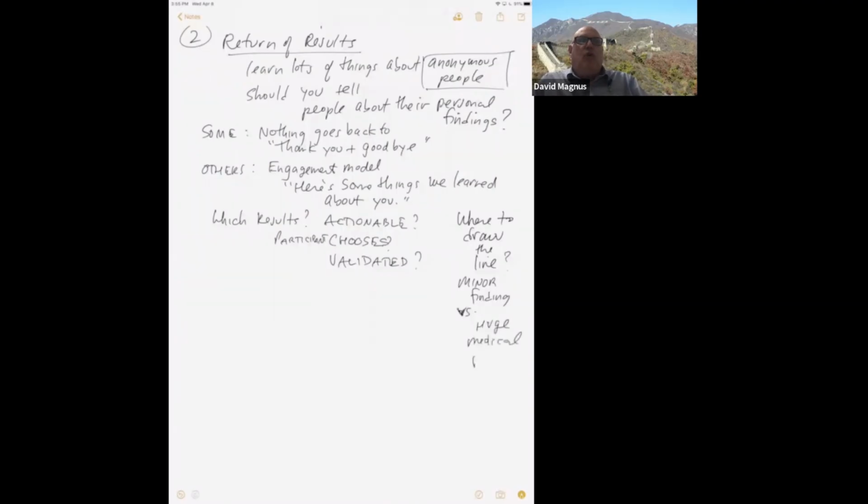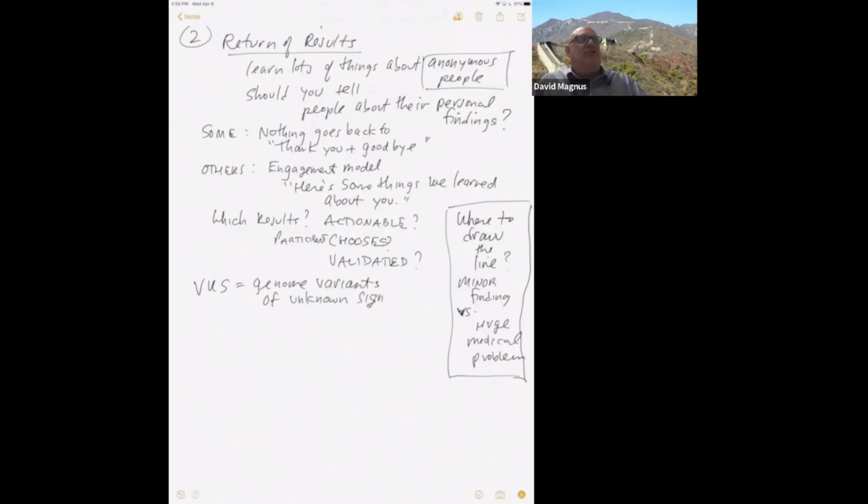There are a lot of people who want everything and want all information returned. Tell me findings, variants of unknown significance. Tell me stuff where you're like, here's this thing and we don't know what it means, and there are people who want that information. Are they entitled to that information, or is it important that only information that really is clinically actionable and meets certain very strict criteria should be given back?